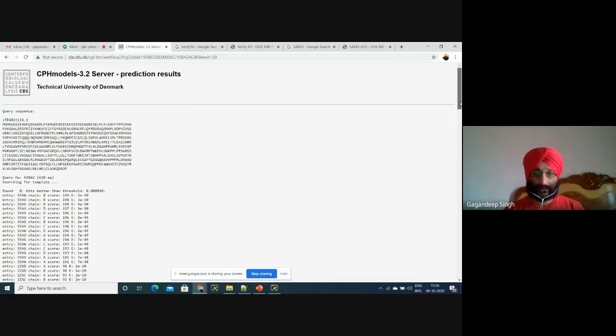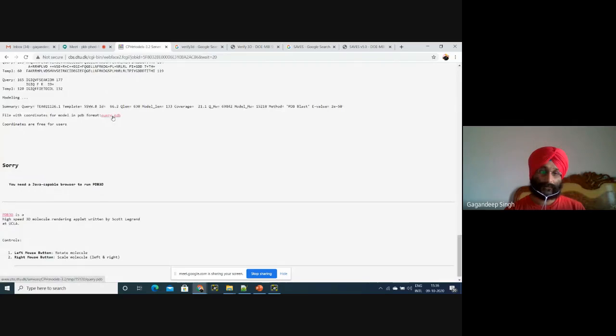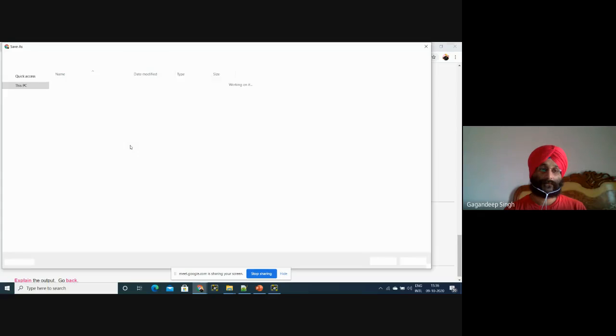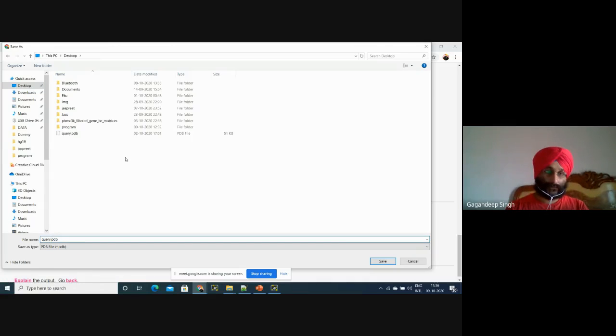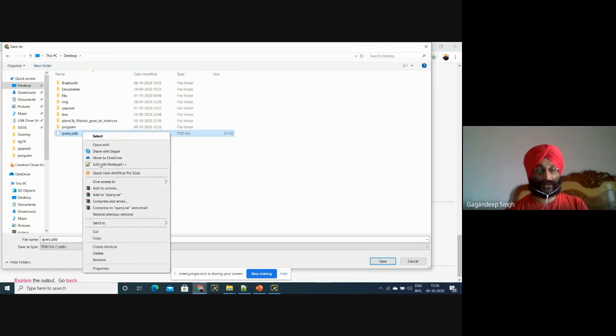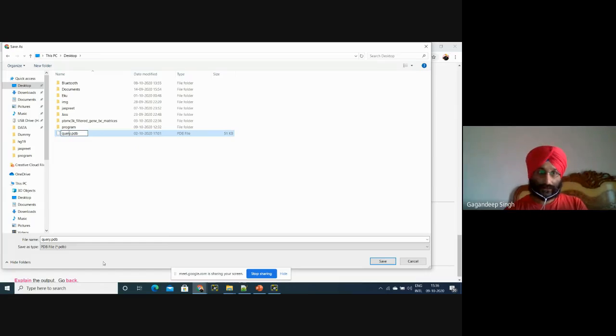Yes, that I have modeled. I'll download this structure. This is the previous structure. I'll rename this previous structure so that I can save my new structure as well. Again, query.pdb.